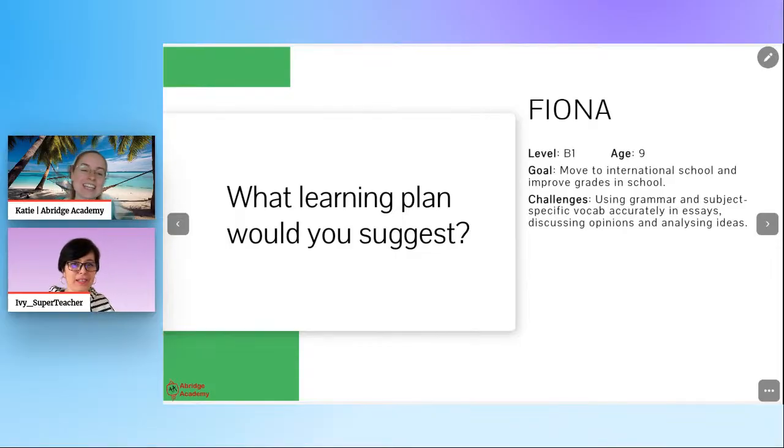Interesting about the stories, because actually, that's a very good idea. The stories are quite new to Able Academy. When I first started working with Fiona, I think she's been with me about 3 years now. So at the time we didn't have the stories, but I think you're right.